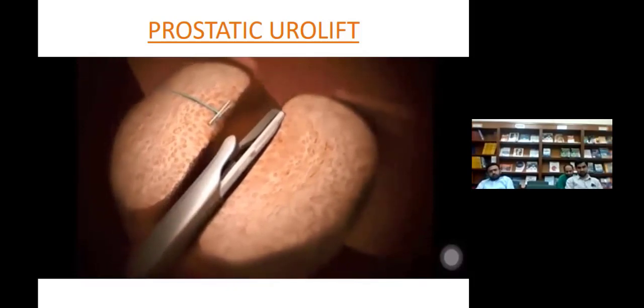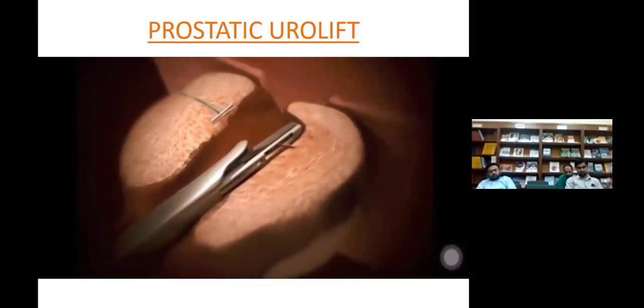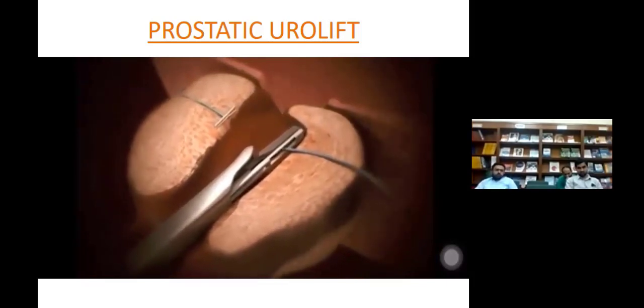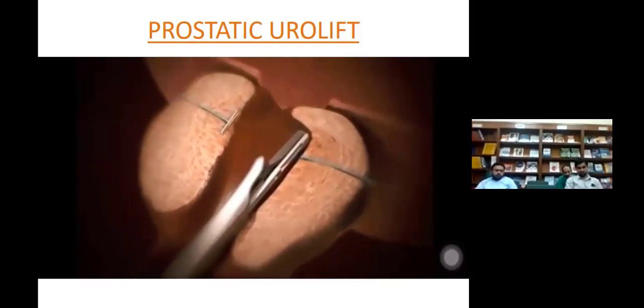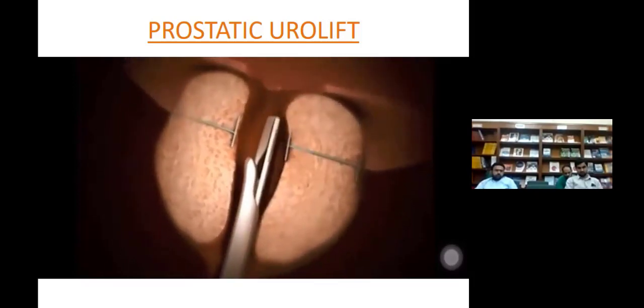Now, in this artist rendering, this is quite slow. In real life, this is a split-second deployment. Here you can see now it's on both sides. Now the urethral channel is open. Oftentimes, a total of 4 clips are applied,